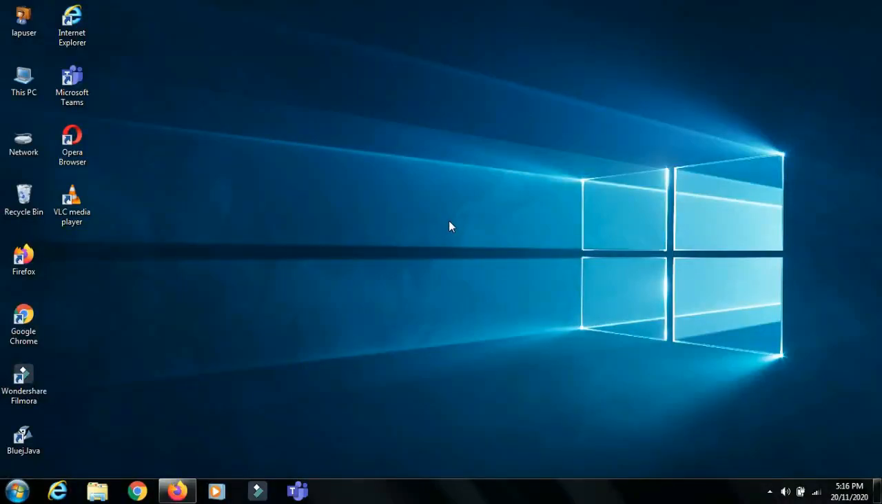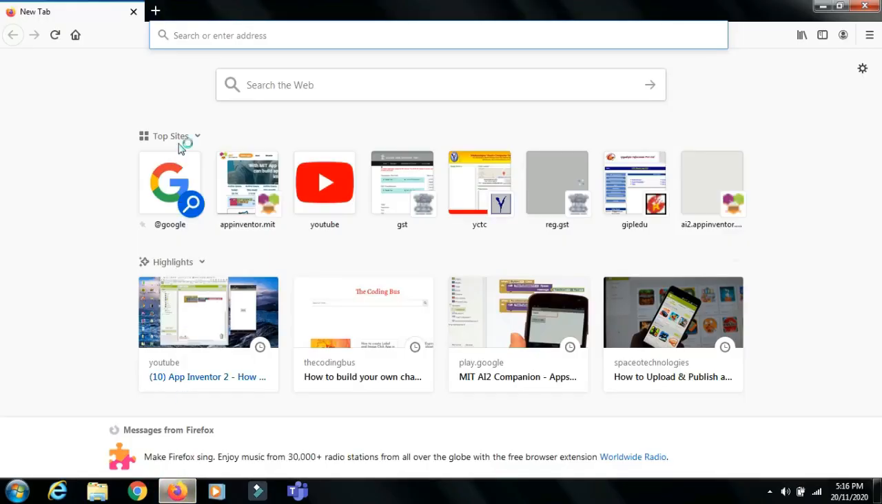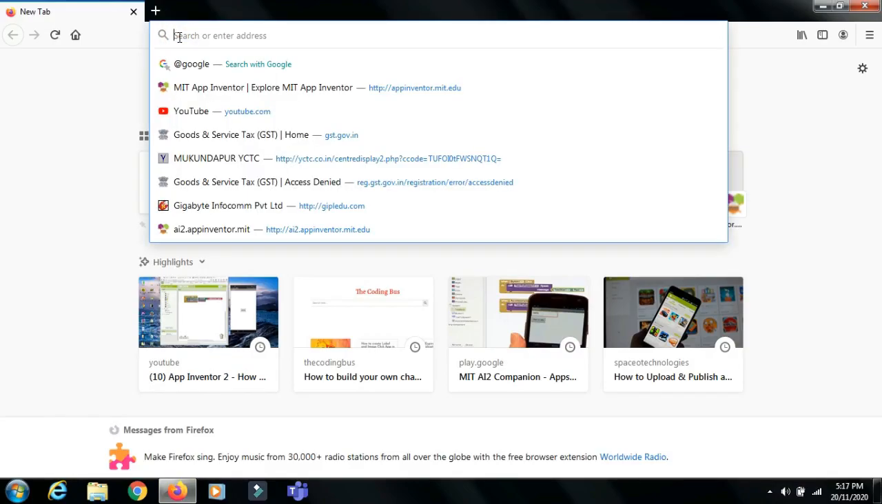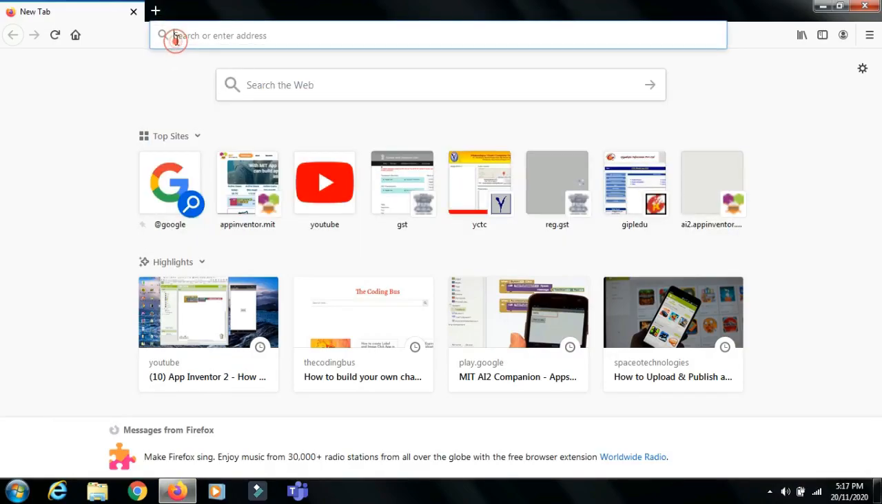Hello friends, so today I will show you how to open the MIT App Inventor as well as its emulator in the computer. It is Windows 7. So at first we have to go to Firefox, and at the search or enter address we have to type